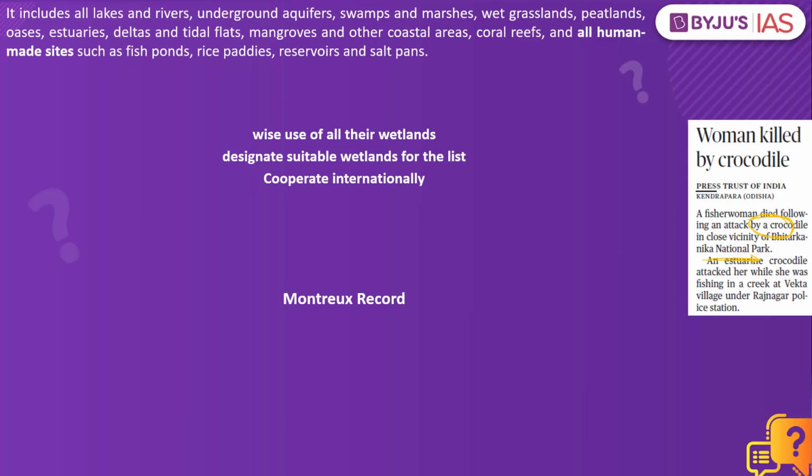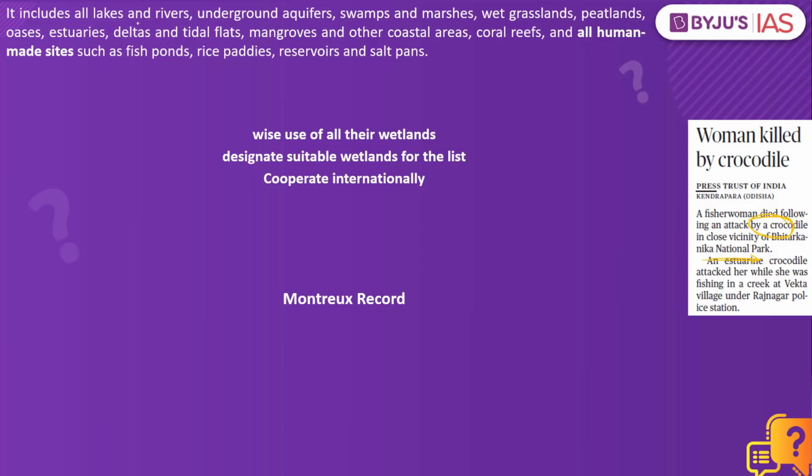The second part of the question speaks about the Ramsar Convention and the Ramsar site. So what is this Ramsar Convention or the Convention on Wetlands? Basically, this happens to be an intergovernmental treaty where all the governments have come together. They have entered into an understanding for conservation and wise use of the wetlands. Now the question is, what are these wetlands? This can be natural. It can also be artificial aquatic ecosystems.